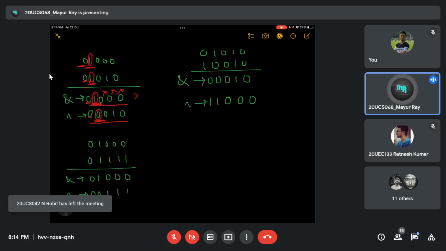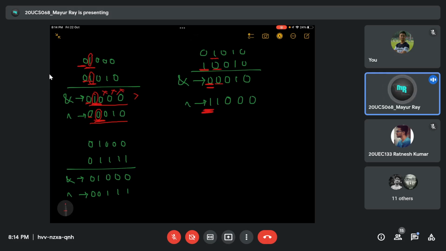Now let's take the other case, where the first occurrence of 1 in one number is at the second position, and for the other number the first occurrence of 1 is at the first position. Here the AND value is 0 and the XOR value is 1, and I have gotten a difference in the first position itself.